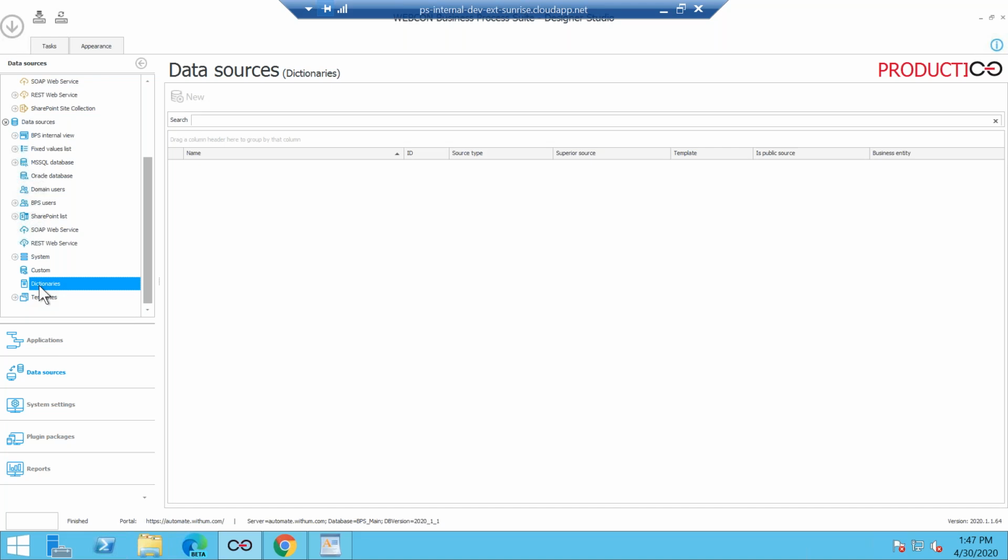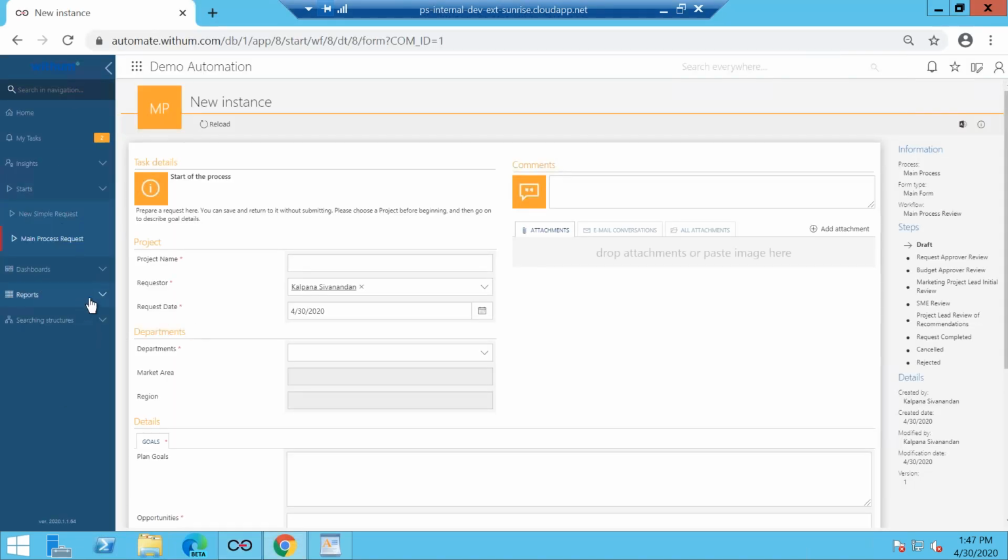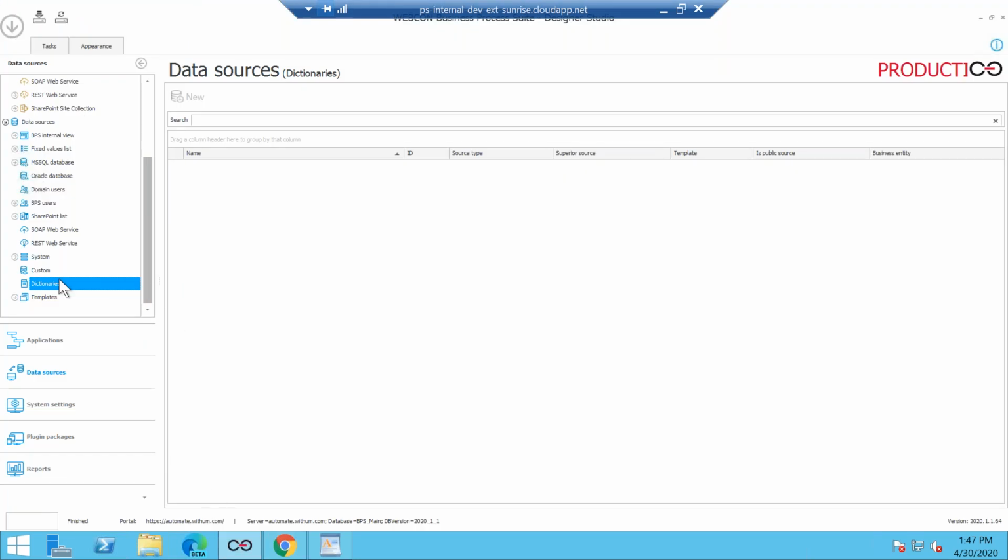So if you want to change it down the road, you can do that as part of your reports right here. We can create a report for you. You can just go and manipulate the data based on how you want that. So that's a very cool feature that we've used a lot.